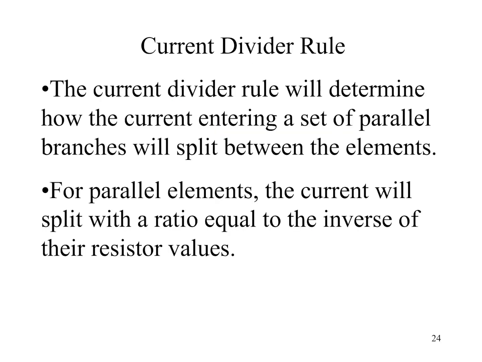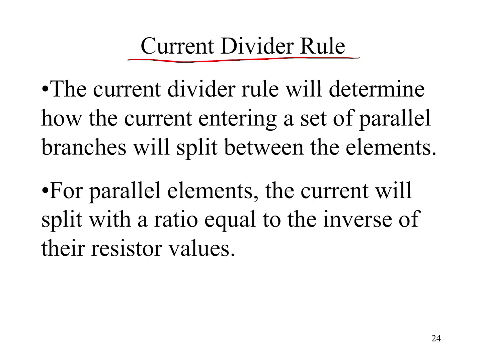So in series, we had the voltage divider rule. In parallel, we'll have the current divider rule. A series circuit is a voltage divider, and a parallel circuit is a current divider. So how do we go about coming up with our equation for current divider? Well, one of the ways to look at it is when it comes to resistance and voltage, we have a direct relationship. So in a series circuit, the greater the resistance, the greater the voltage. In the voltage divider rule, it was the largest resistor that had the largest voltage